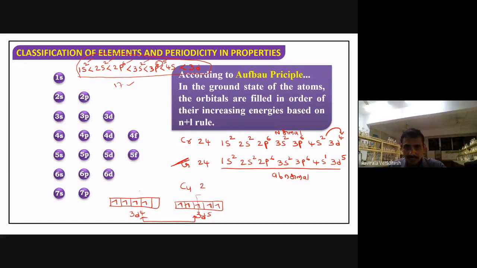Copper has atomic number 29. The configuration will be again 1s2, 2s2, 2p6, 3s2, 3p6, 4s2, 3d9. Atomic number 24, you see 24 only. Atomic number 29, you see 29 only, no? Right. Now here also, 4s2, 3d9. You can write 3d9 like this. This is called 3d9. And if I put one more electron here,